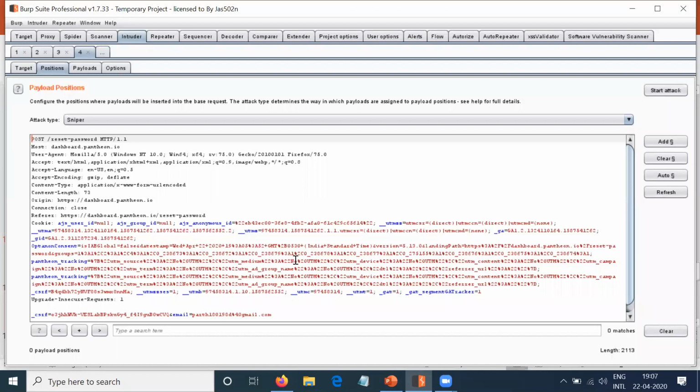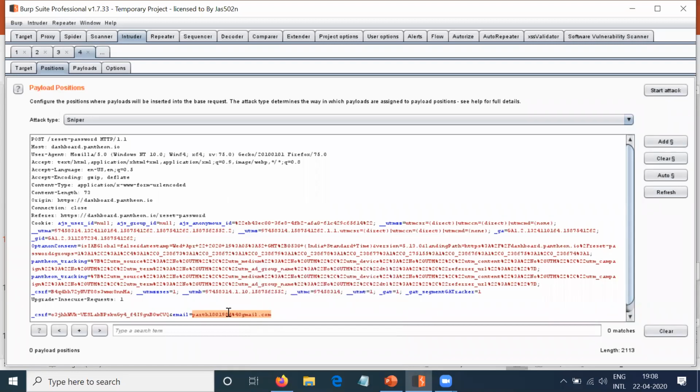Null payload means you are not putting anything, you are just sending the request as it is. Null means void, right? So it is a void payload. And the queue parameter is this one. This parameter does not make any sense in the rate limit attack, so you can do a number payload here. I'll show you all three methods one by one. First of all, we'll go with the email parameter. I'll just copy this one.